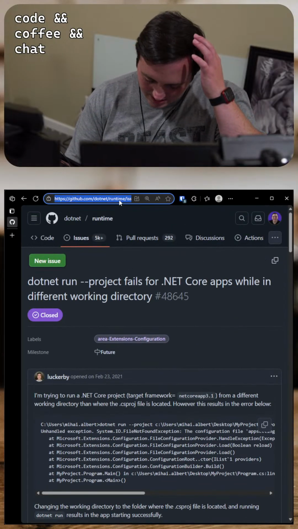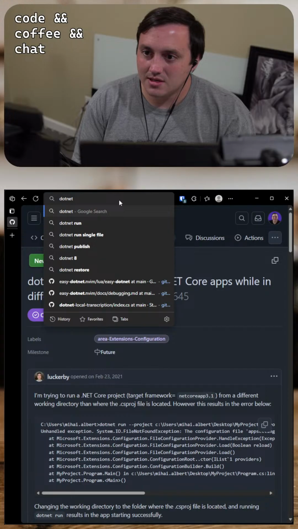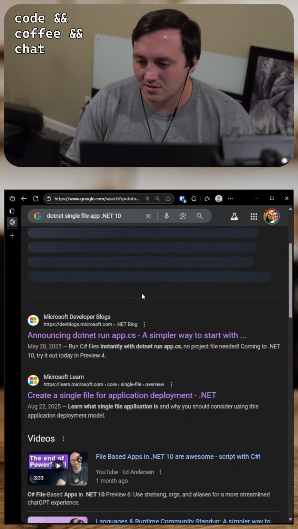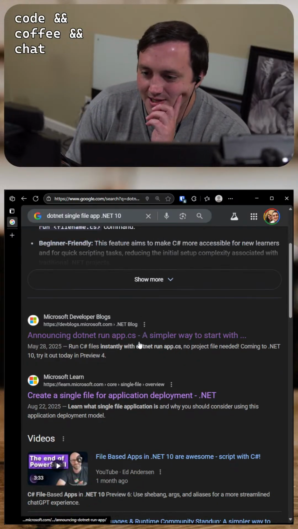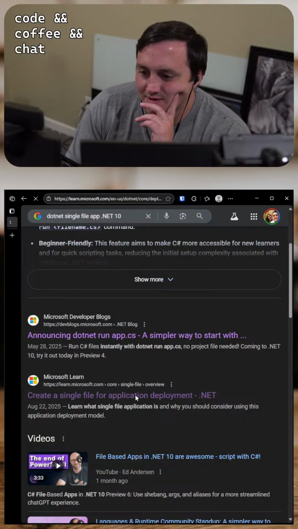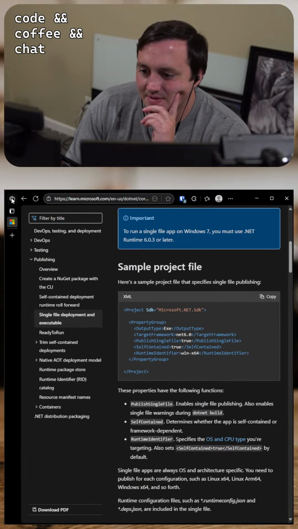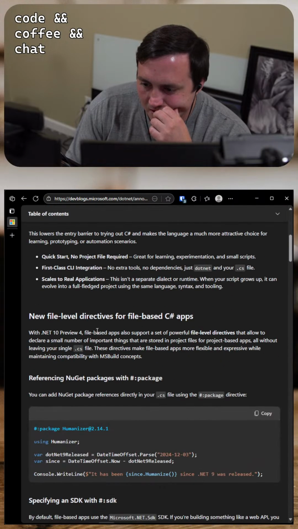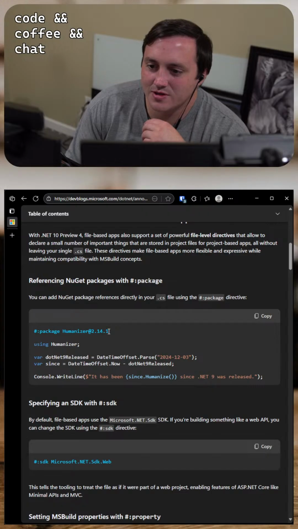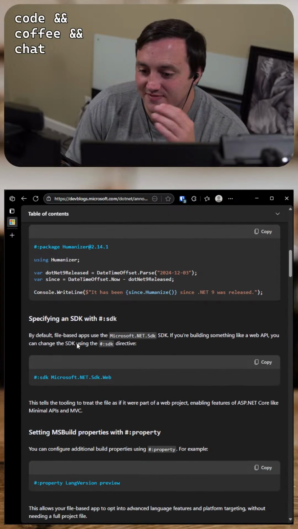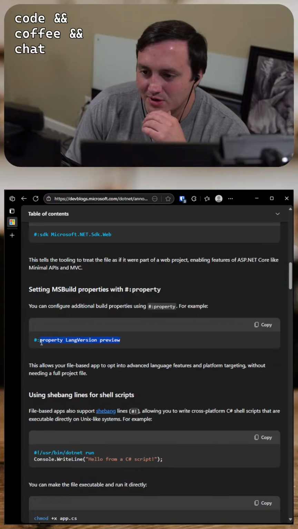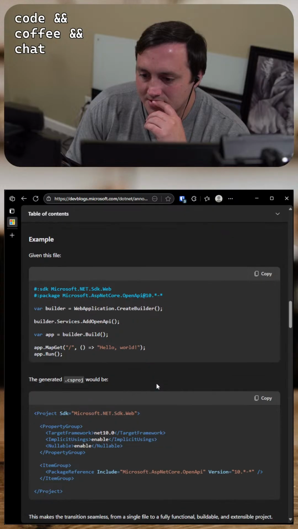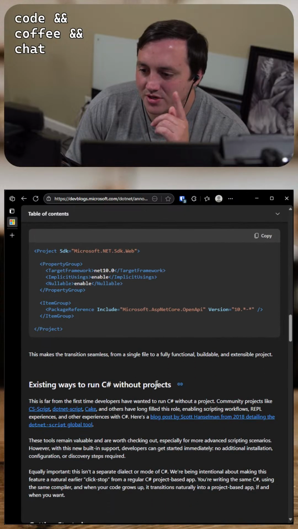It's like .NET single file app .NET 10. Here we go. I knew I'd been on this. Let's see, create a single file. Nope, that's wholly different. Yeah, see, you can do stuff like this where you can specify packages, you can specify properties. Like here's a property.